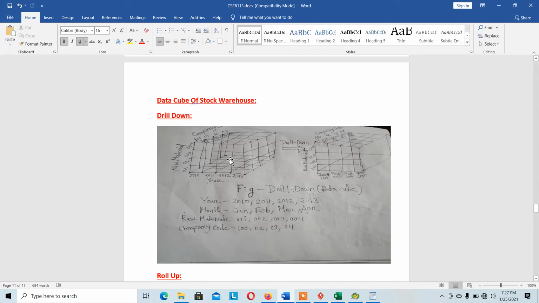Here I show a 3D graph where I use raw material, company code, and year. Based on these three dimensions, we can show the stock of this company. When we use raw materials, when we use the next step or drill down step, then it shows